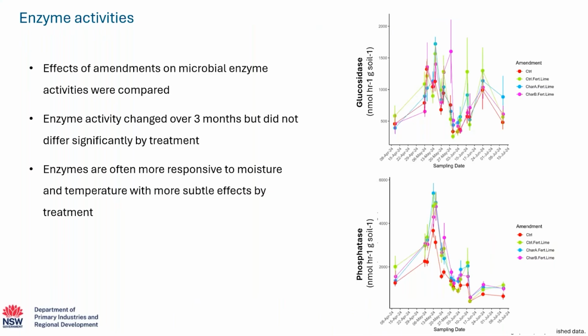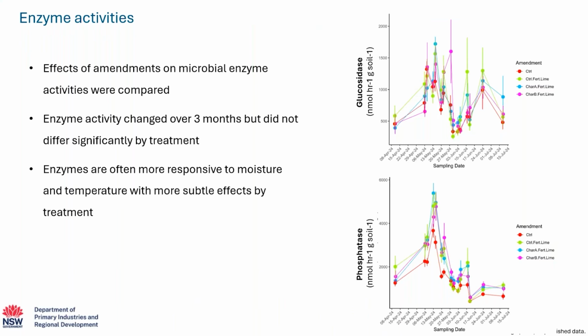However, they do bounce around a lot, often making it difficult to link changes directly to management practices. For example, in this field trial, we compared 2 organic amendments over 3 months, but enzyme activity was mostly influenced by moisture and temperature, not the treatments themselves. The large error bars in these plots showing enzyme activities by time also show how much enzyme activities can vary day to day. For instance, measurements at 10 a.m. on a Tuesday versus 5 p.m. on a Wednesday could vary substantially.